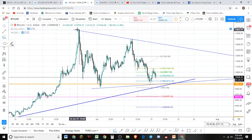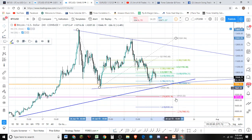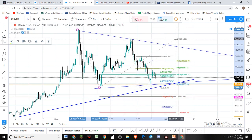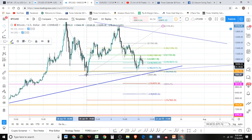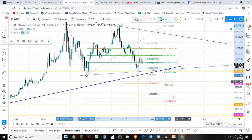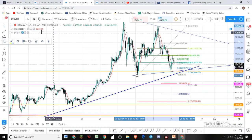The other wave we need to measure is this to this. We haven't hit the one-to-one extension there. The one-to-one extension there is the $9,000 mark. And then we have the 1.276 at 7,900. If I get my fibs right, it's about $7,800. So that corresponds with the structure area down here. It would make sense that we come down to structure and find support and continue going. It would also make sense...